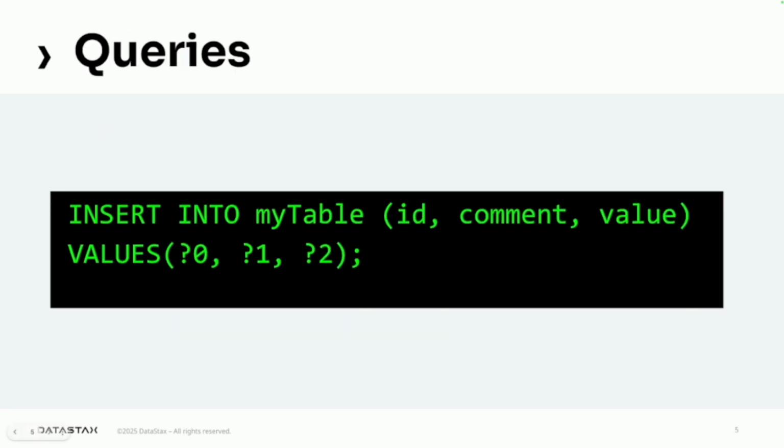All right, so what do our queries look like? Well, if we have your traditional CQL insert that you've been working with, we can say, hey, insert into my table. We have these columns and insert these values, or these placeholders if you're inside of some code and using a prepared statement. This is how you'd typically do it.